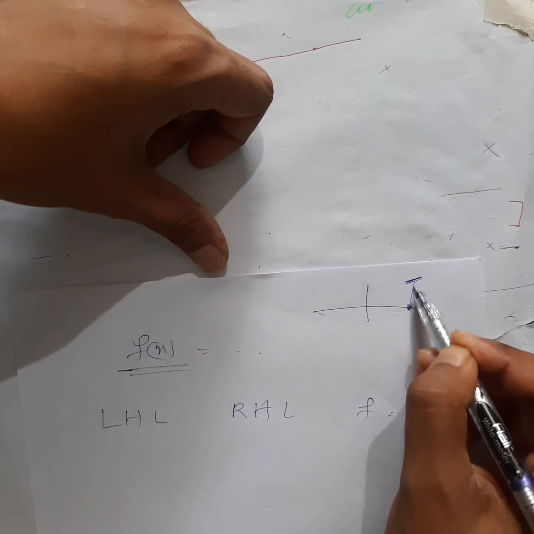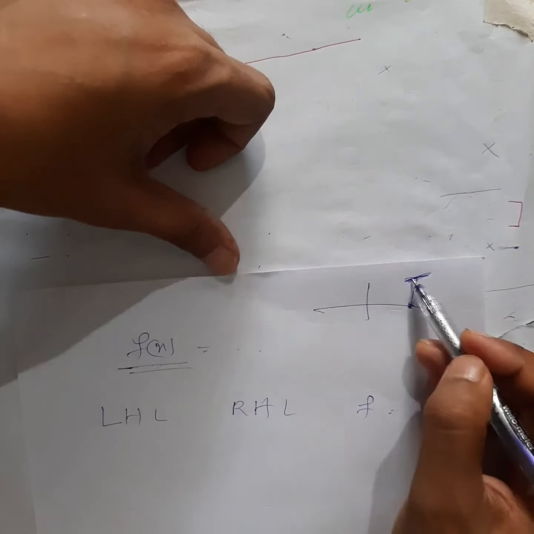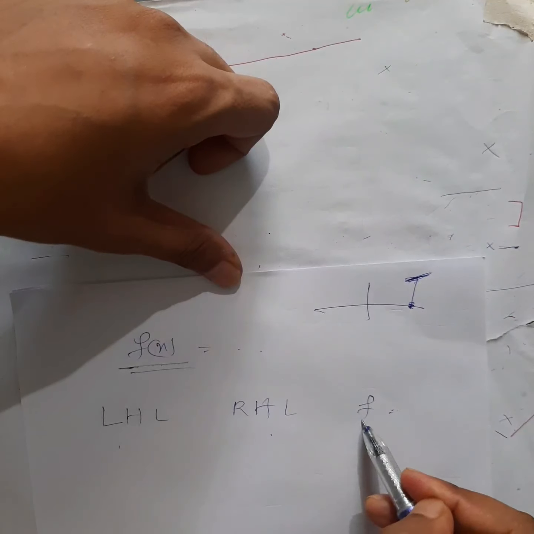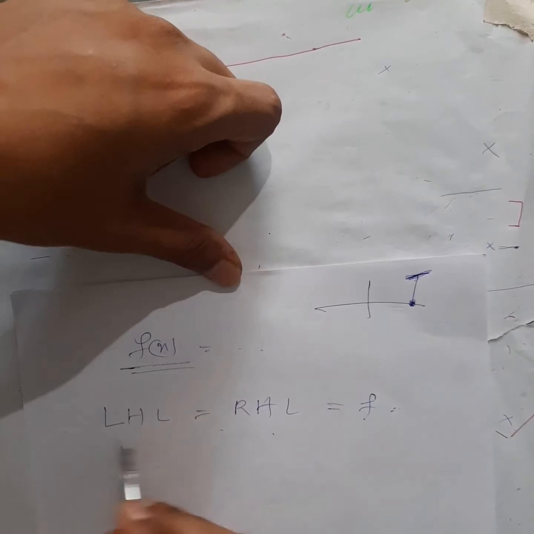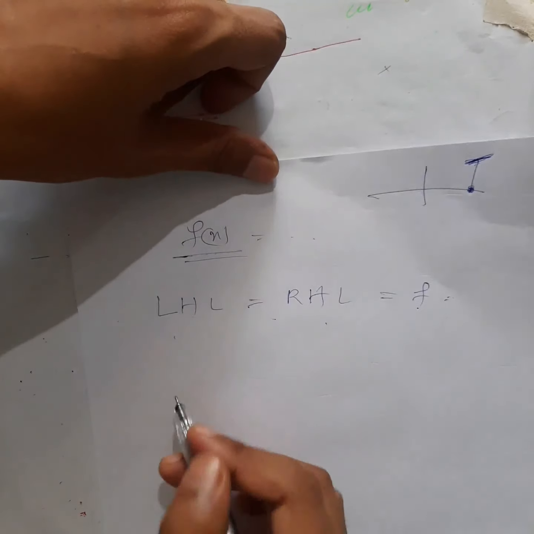You want to check at this point whether the graph will break or not. How did we used to do it? We used to find the left hand limit, the right hand limit, and the function value at that point, right? And if they are the same, equal, we used to say it is continuous. Same with derivative also.